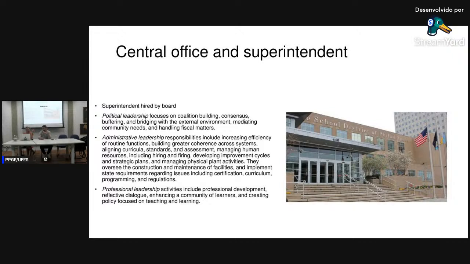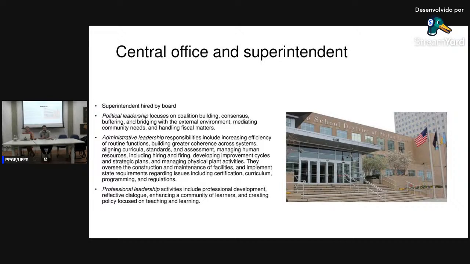So the superintendent has 3 jobs: a political job of building support and coalitions for what they want to do, and interacting with the external environment, including the families, the taxpayers, and the media. Então o superintendente ele vai ter 3 diferentes campos de atuação, né? O primeiro deles é o campo de atuação político, que ele vai lidar com as intenções, né, do que o conselho quer, né, para a educação, também com a família, né, com as famílias, vai lidar com as famílias e